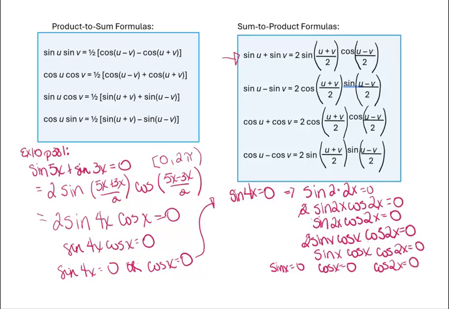Now here, sine of x equals 0 when x is equal to 0 or pi in this interval. And cosine is 0 when x is equal to pi over 2 or 3 pi over 2 in this interval. And then the cosine of 2x,